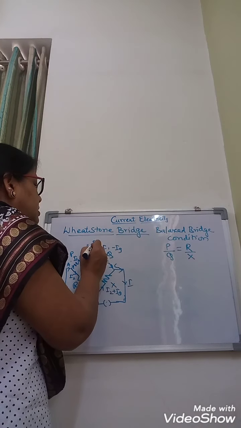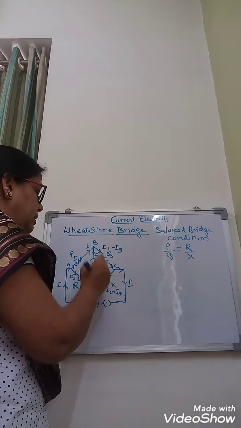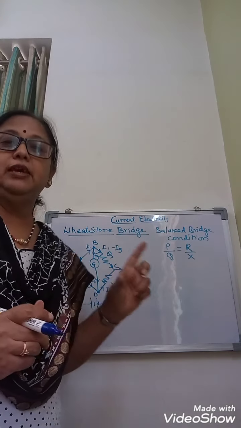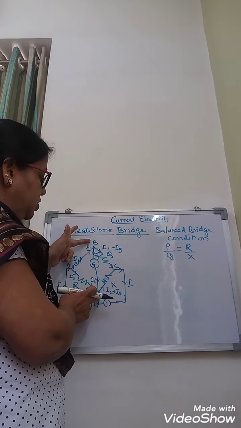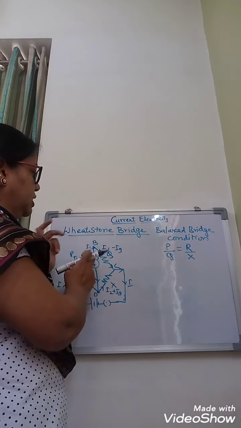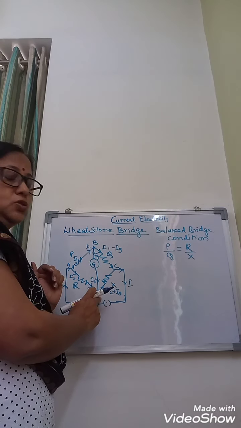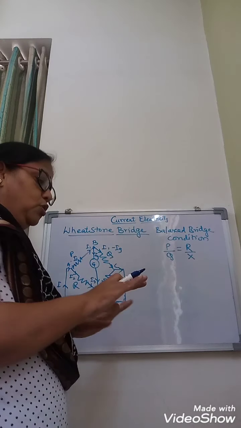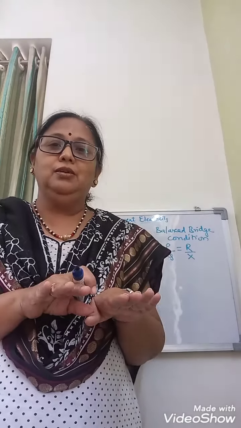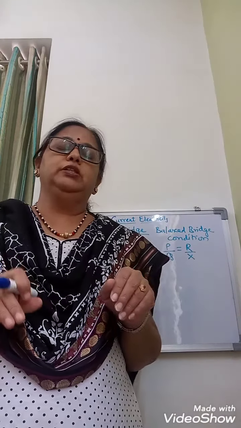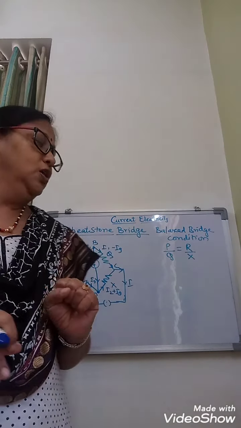Now bridge means, just like here you have to imagine that these 2 points B and D, if they are at the same potential, if they are balanced, if there is no potential difference at these 2 points, whatever is the potential at this point, the same potential exists at this point. So if the 2 points are at the same potential, then what will happen to the current? No current will flow in that branch. One has to be at higher potential and the other has to be at the lower potential.